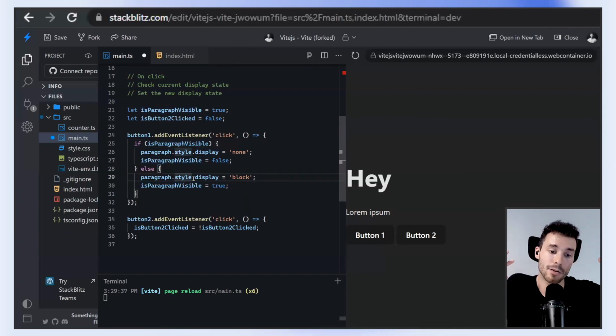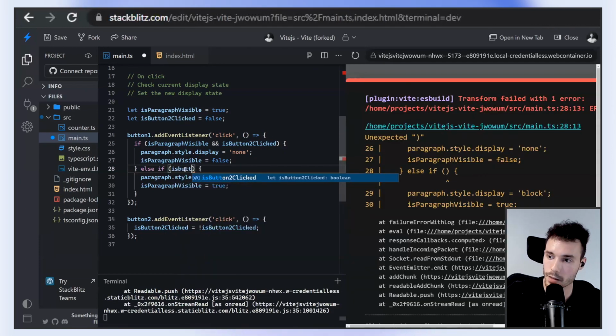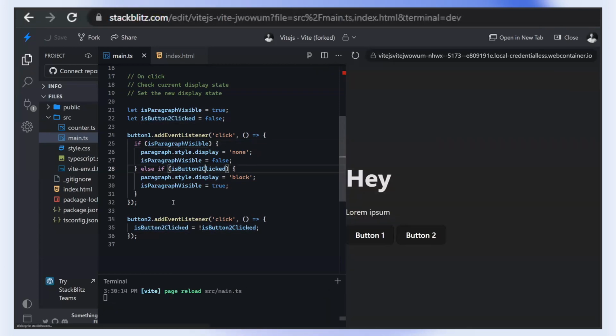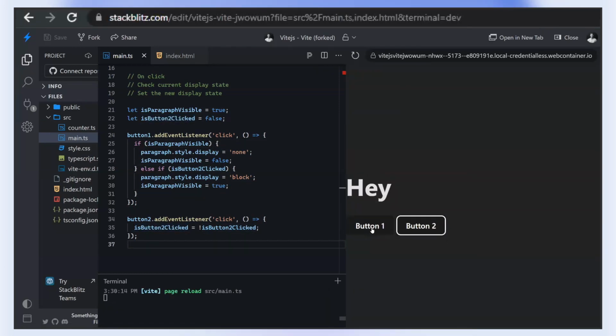Because it can only be displayed if the paragraph is not visible. I'm already complicating too much. For example, like this, where paragraph is visible, we want to hide it if is button 2 clicked, like this. Okay, now things are kind of already